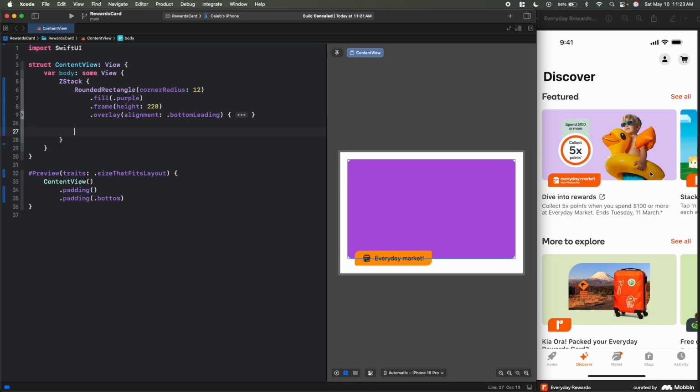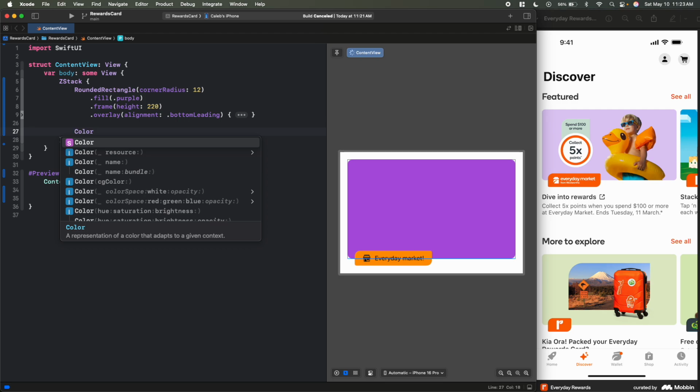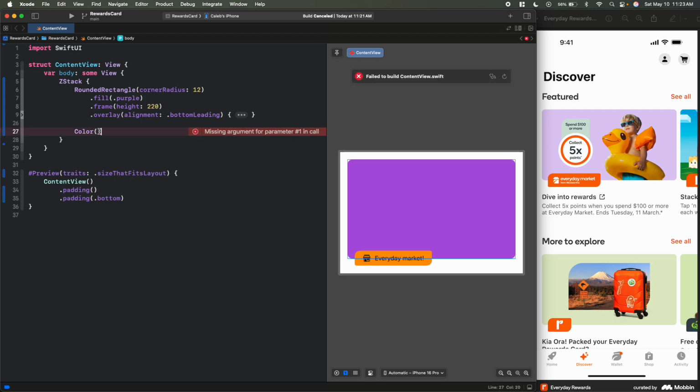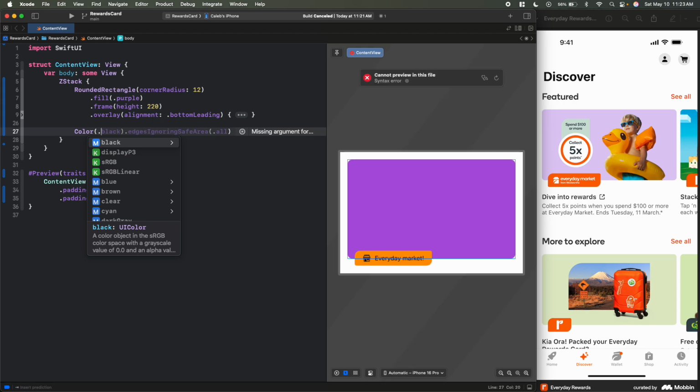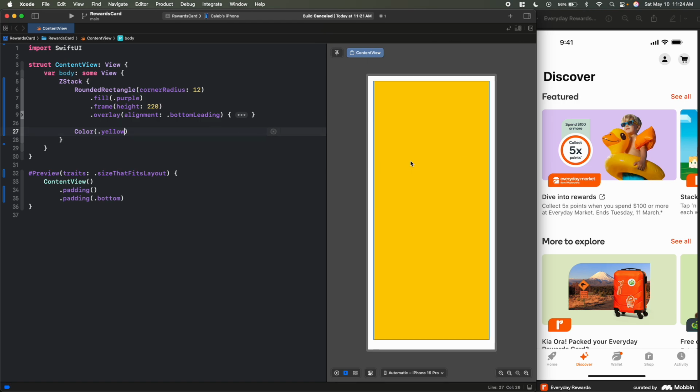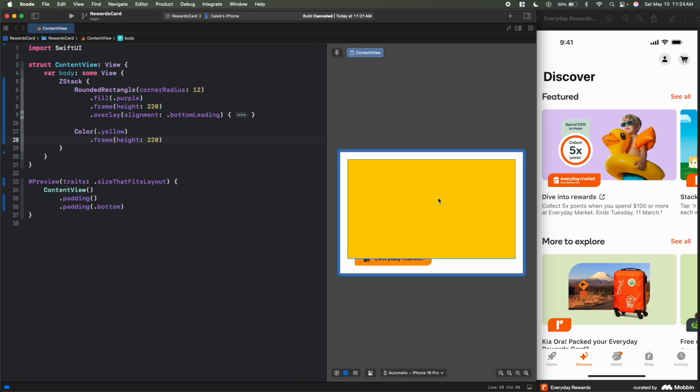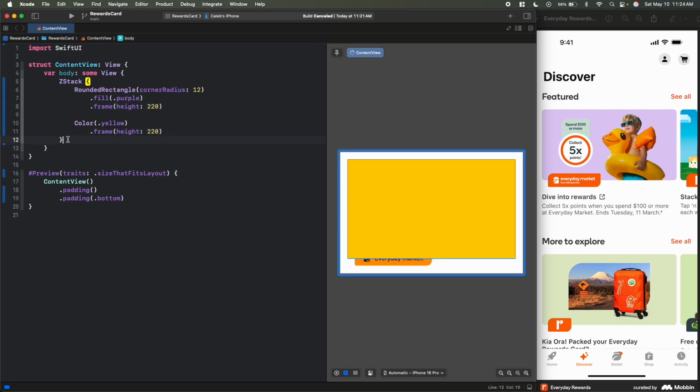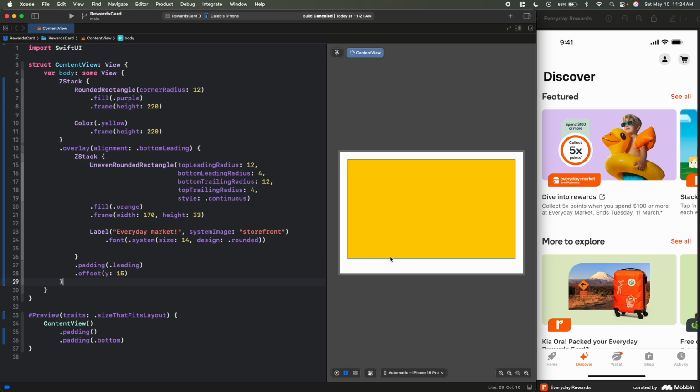That image would have an alpha channel, but if we had another image here, we'll just go color, and we go here and we set it to what do we got now? Whoa, yellow, like that. It's covering everything. I'll give it the same frame as the other one so it doesn't take up all the room. So now it's covering our little badge here. So I think we need to grab this overlay, cut that, and put that overlay on the Z stack. There we go. So now if we put any images or graphics in this box, it will